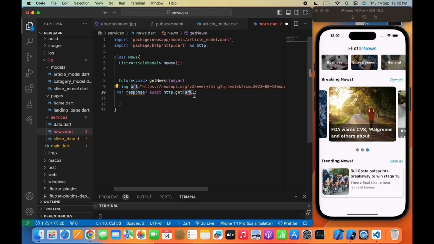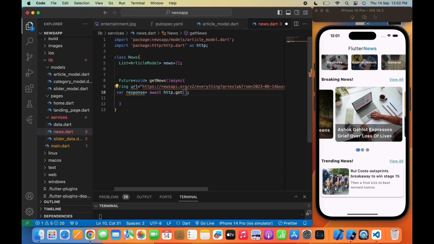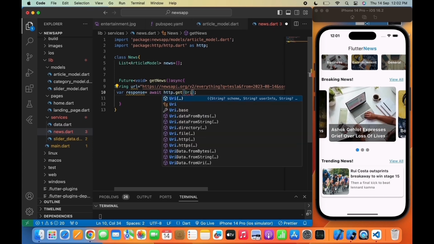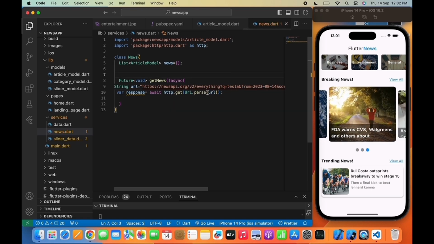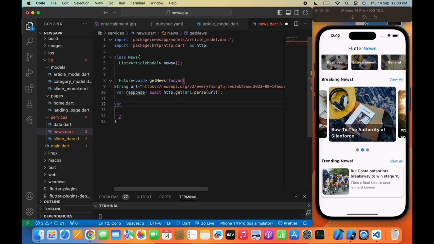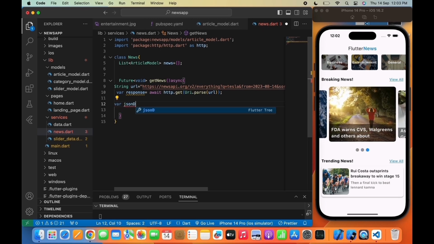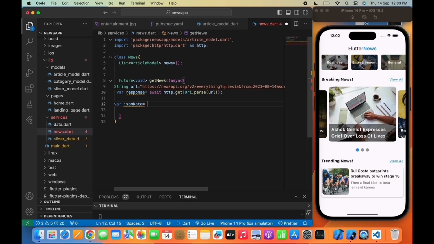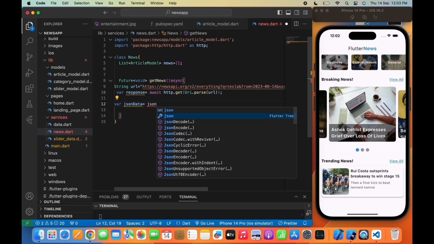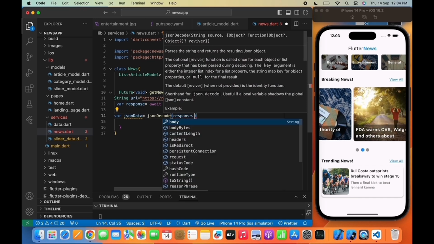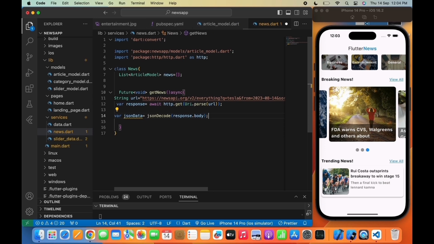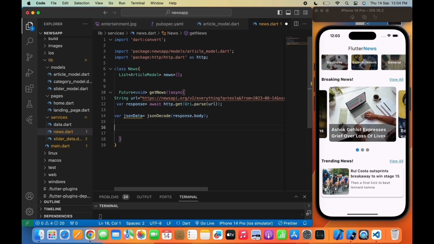So through the get method we are getting all the things that have been written inside this URL, and we are saving it in the response. So I will write JSON data and decode the response that we have saved using the get method here, and if the JSON data status section is equal to OK,